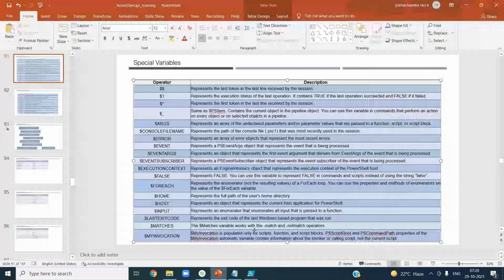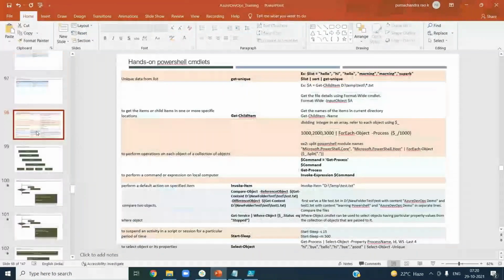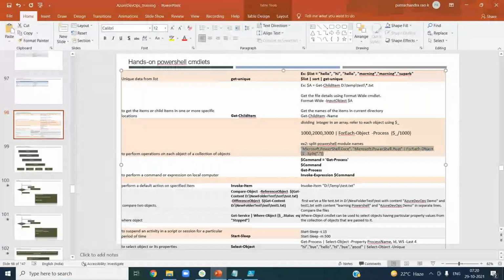Let's explore some other commands as well. Then you can split it as well. How do you split? Let us say you are using some complex word or some comma-delimited values, basically comma-separated data or dot-separated data, but you want to split it and create an array, or split it and insert into some table.